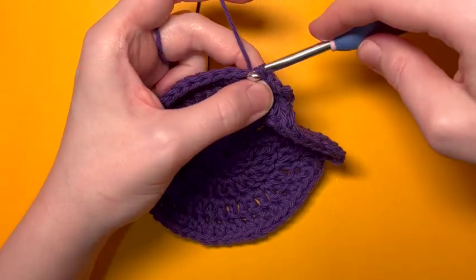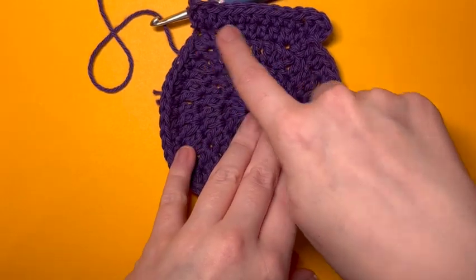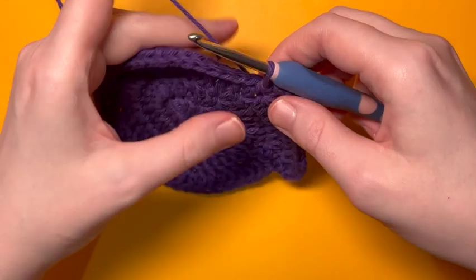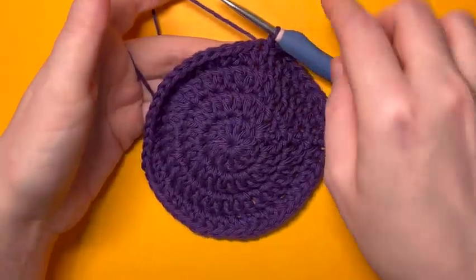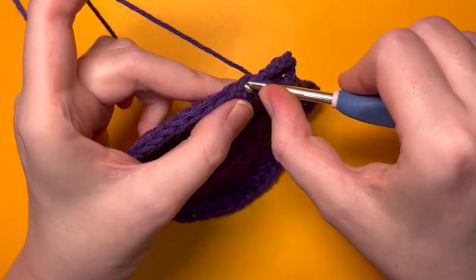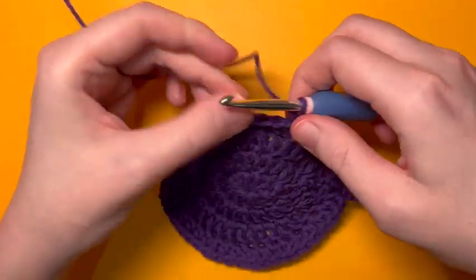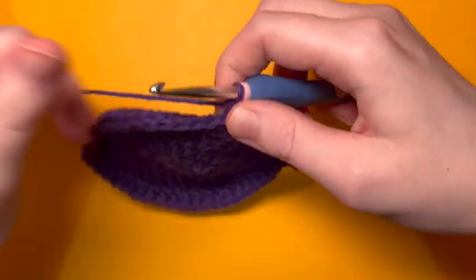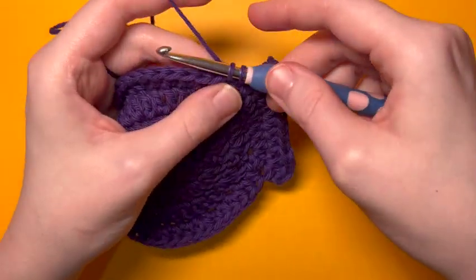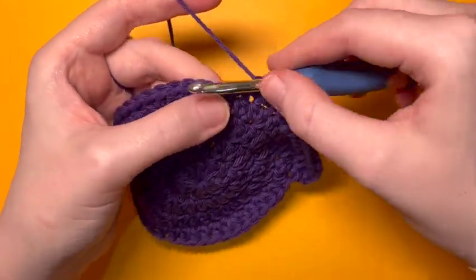What this does is it gets us back to the base. So see, it gets us back on the base. Isn't that easy? Okay. Now we're going to do 15 single crochet. That means 15 around like this. Just going to go in, pull up a loop, 2 loops, go through 2. That's it. Single crochet is really easy. You go in the stitch, you grab the loop, you got 2 loops on your hook, and you go through 2. That's 2,